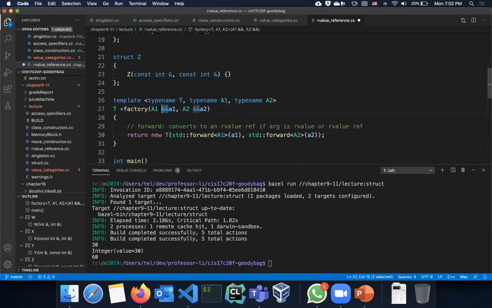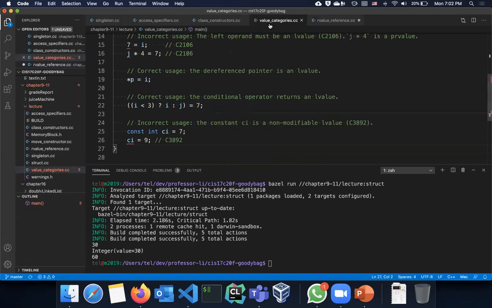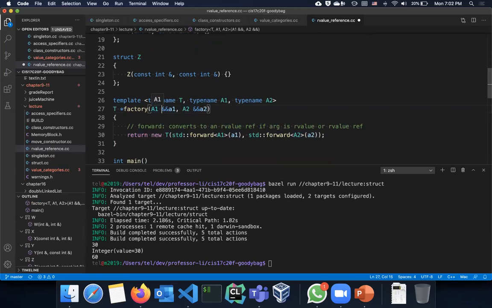Now you use double ampersand here as a parameter. This is called the R value reference. Now we have understood what R value is, right? Like 7 here is an R value. This is R value reference. It means that it's okay if you pass that 7. It will take 7. It's still going to be passing by reference. It's a little weird, but